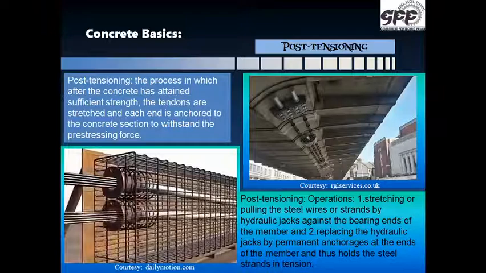So over here you can see the pipe being laid. The pipe is laid. After that, on the left hand side, you can see the reinforcement cage. The pipe has been put inside. Now the full concreting will be done, but the cables which run through the pipe will not come in contact with the concrete. The stretching will be done later, which you see on the right hand side above. There's a small bridge deck. You see that anchorages have been put later and the stretching has been done.